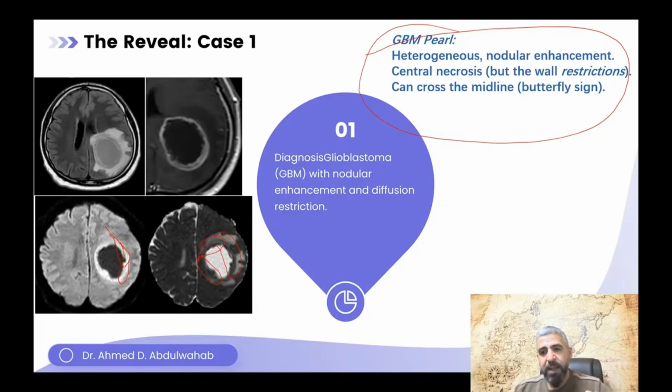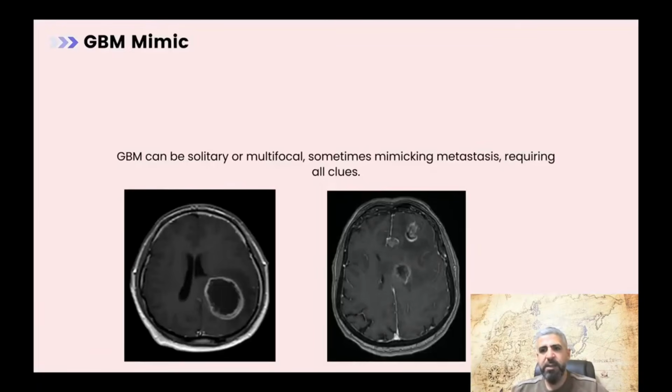Why not tumefactive MS? Because tumefactive MS has incomplete or open ring enhancement. Open ring will cause tumefactive MS. We are off to a great start. Case number 1 down. Before we go to the next case, a glioblastoma mimic: GBM can be solitary and